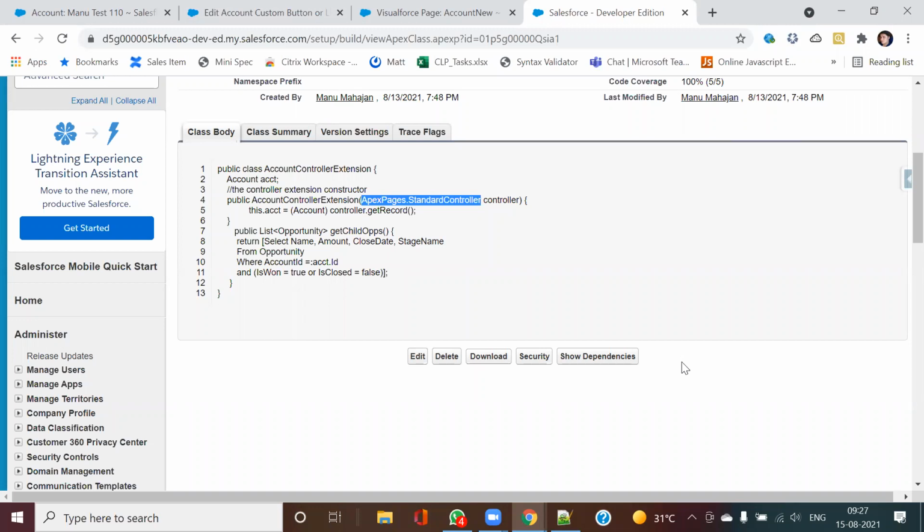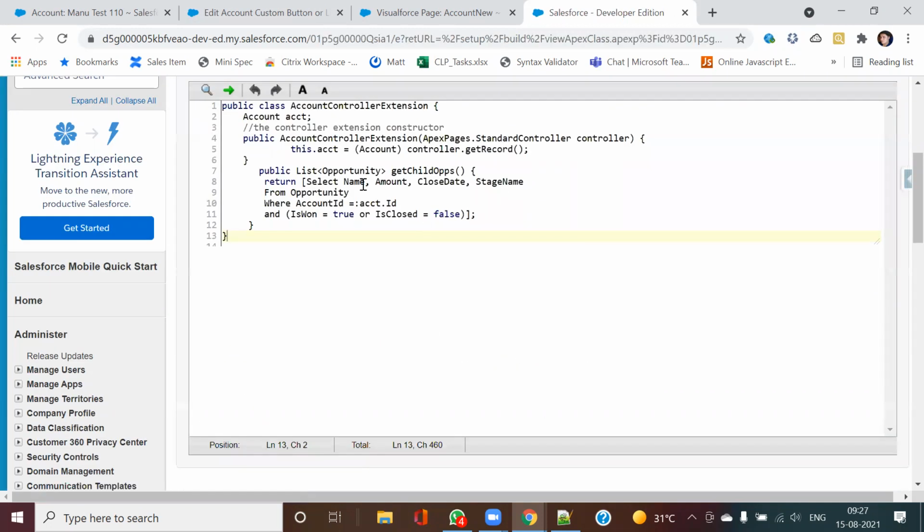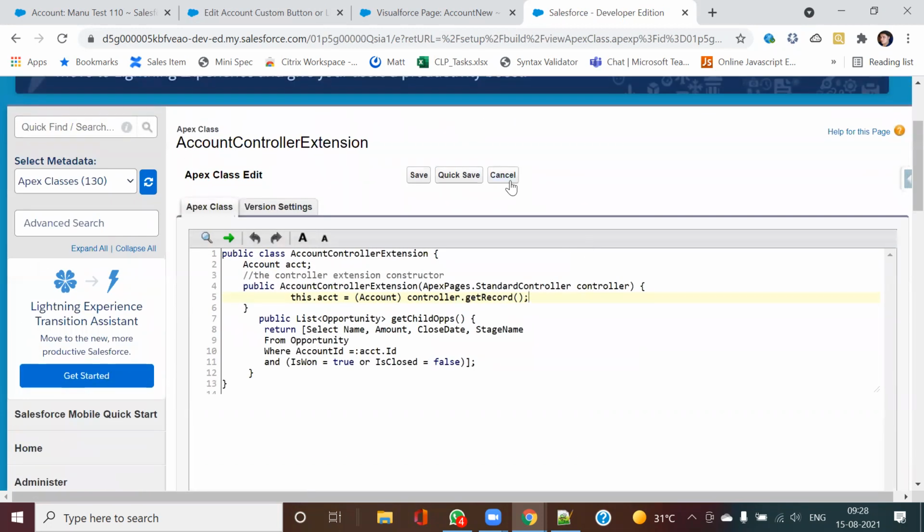In case of standard, it's fine. I don't need to create an Apex class, but in an Apex class, how am I going to access it? This is the tag based upon which you are going to access. So that's why here, if you see controller.getRecord, this is getting me that particular record, which object is being passed as account. So here also I could write it. Now I have the account record. I could also use the ID. That's it. Is it now clear? Yeah.